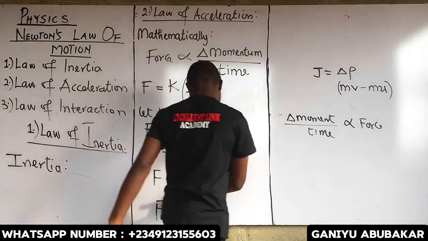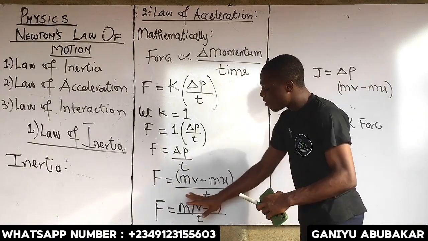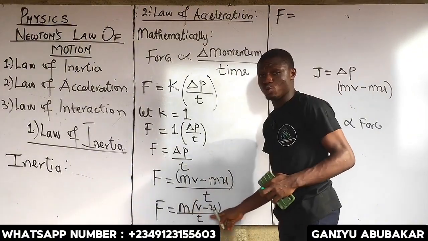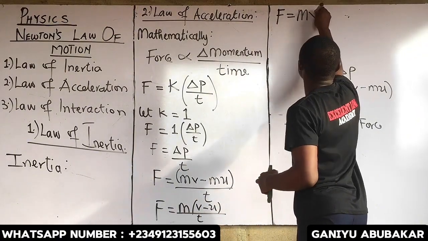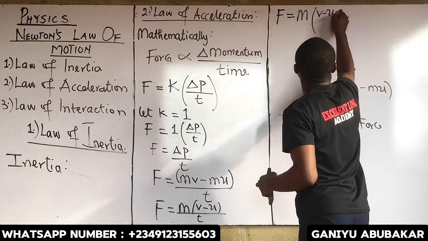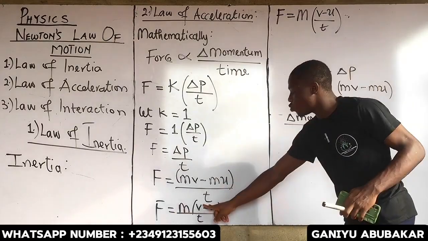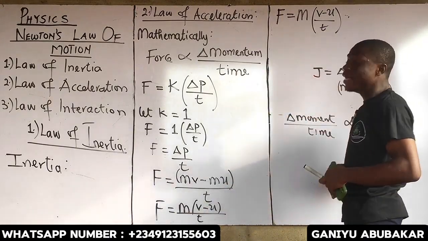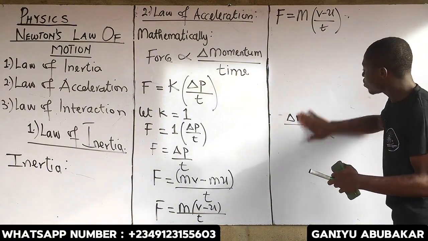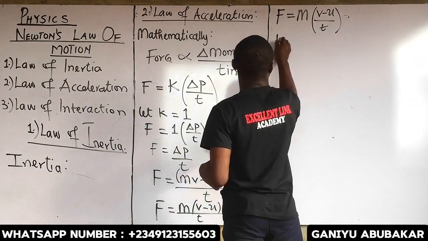So at this point here, what's my next task? Observe clearly from here. I can say that force F is equal to, I'll separate these two. It means that we're having mass times (v minus u) all over t. Is t correct? Mass times (v minus u) over t. I'm having this one here over time. Just separate it in this way. It's still mathematically correct. From here now, what's my next task?